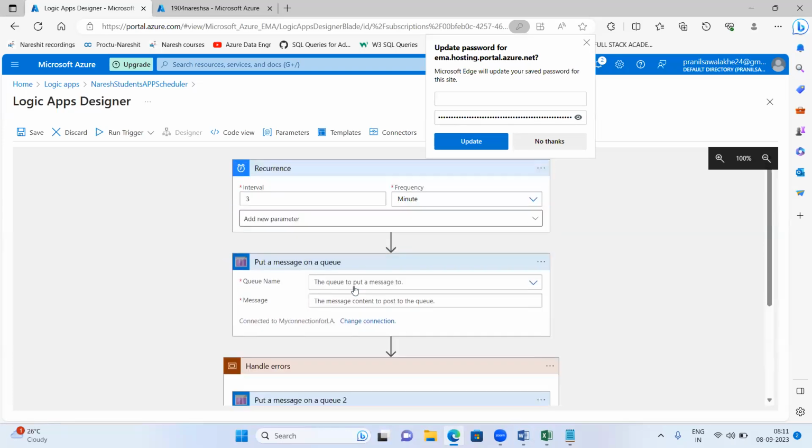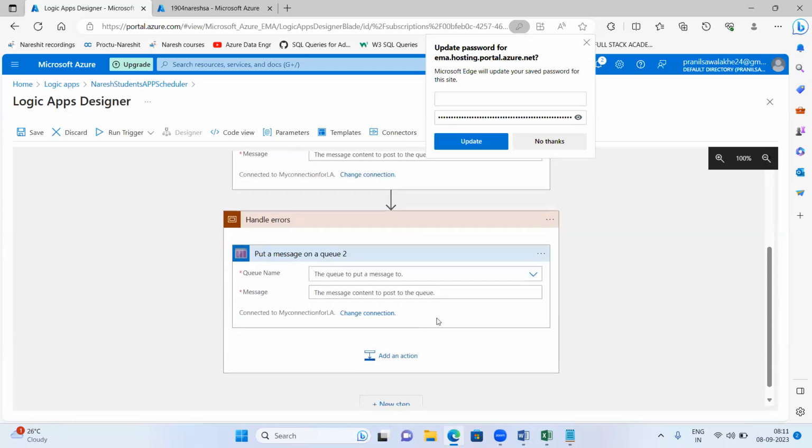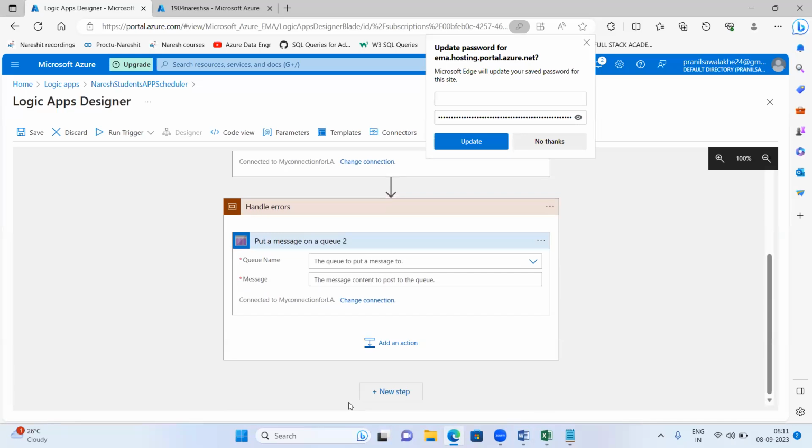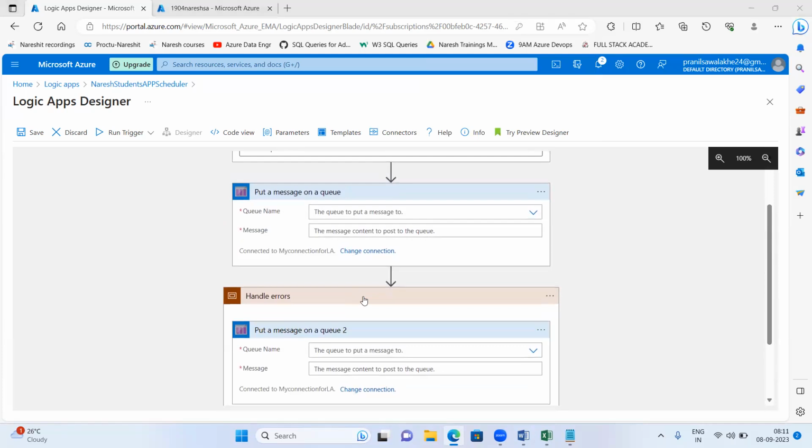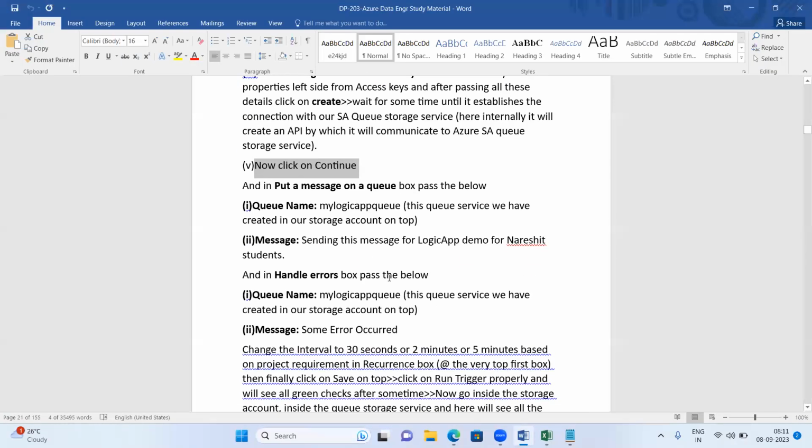Then see, this is the workflow that has been designed. You can further add a new step if you want, you can do further. I'll just take this workflow as of now. And what I'm saying here next, see,